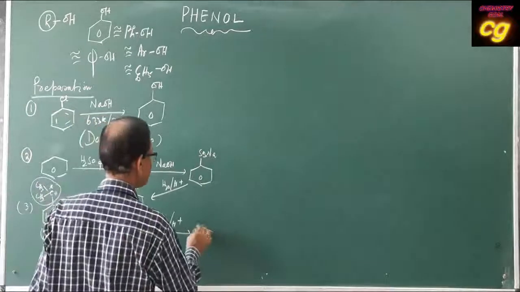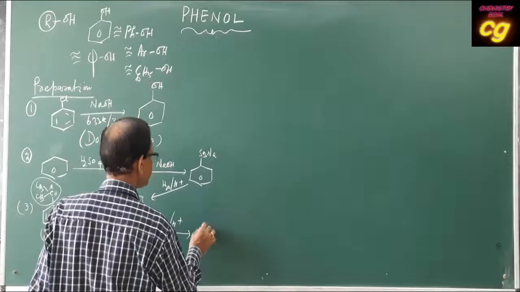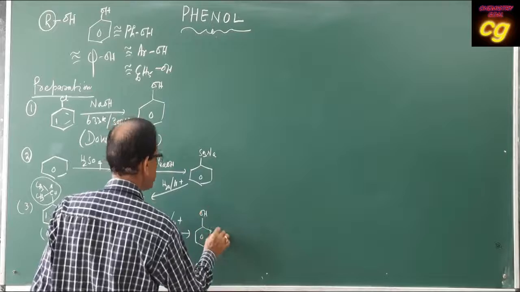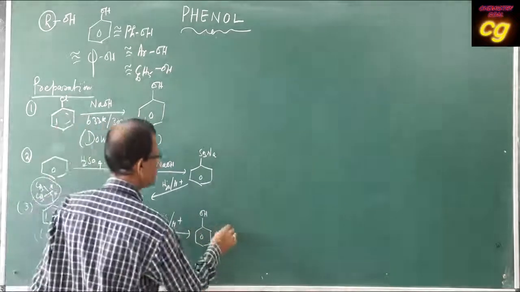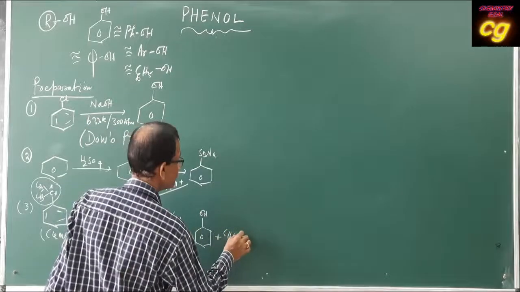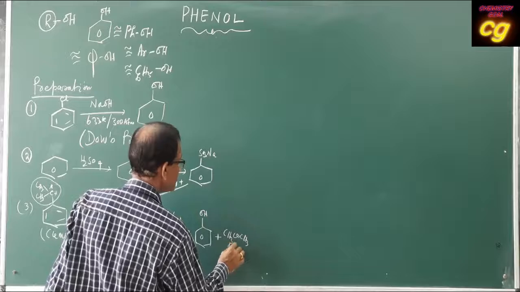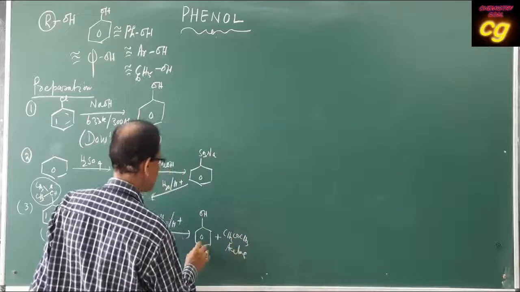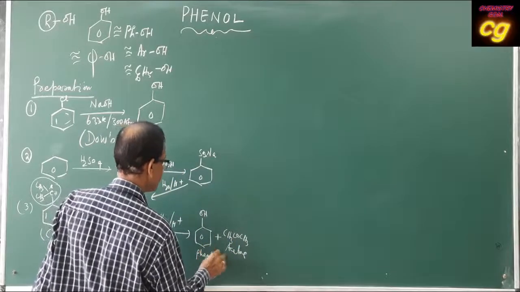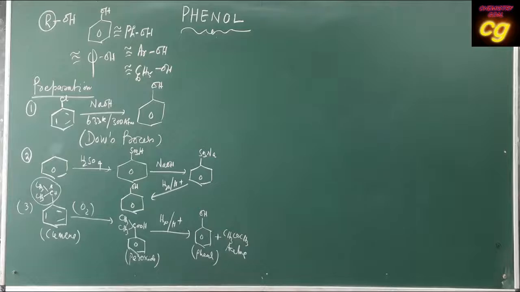Phenol, then acetone. This is acetone, this is phenol. So phenol can be prepared from cumene, phenol can be prepared from benzene, phenol can be prepared from chlorobenzene, and